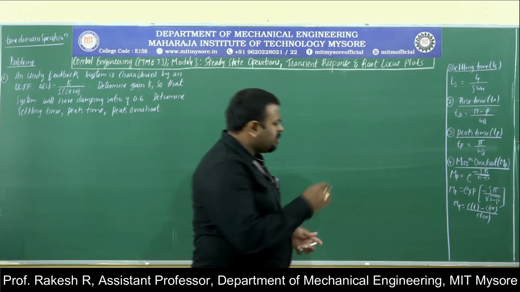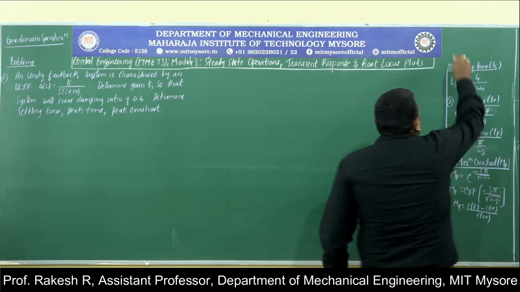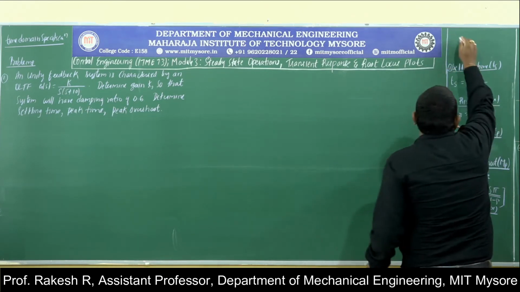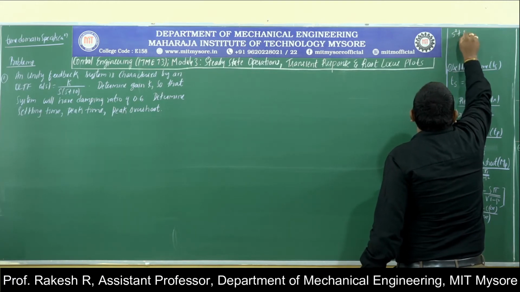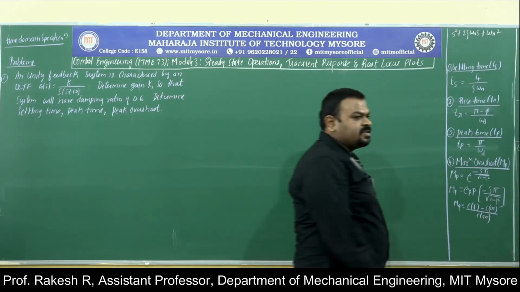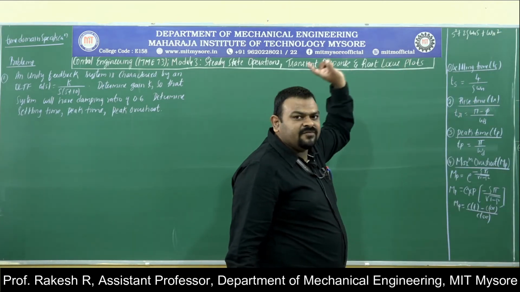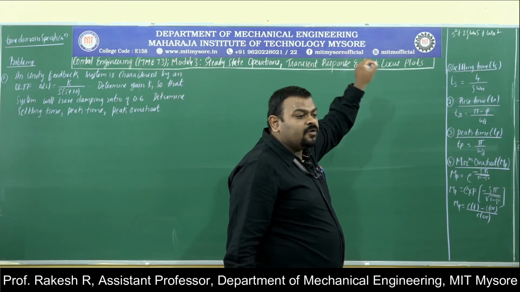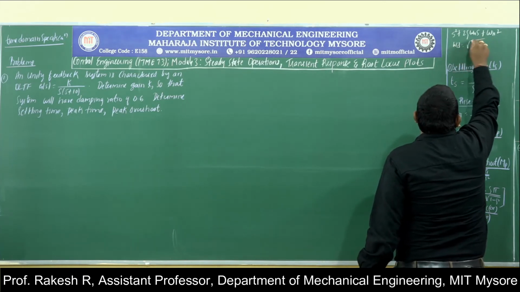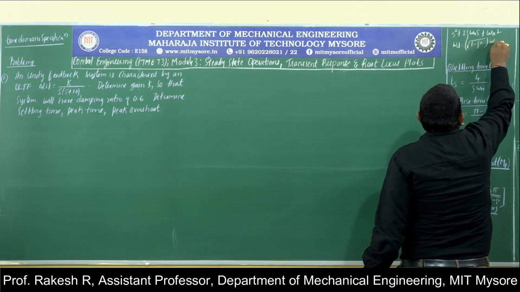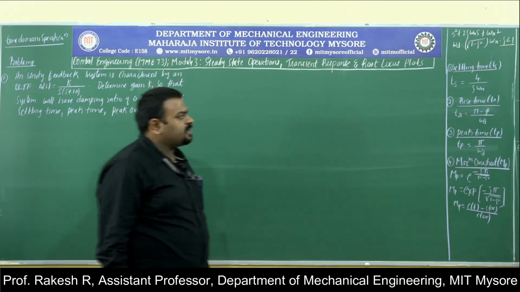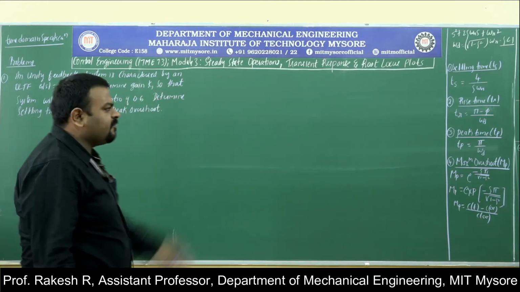These are the formulas. Apart from this, the general procedure is always common. They will give a characteristic equation of the closed loop function, s square plus 2 zeta omega n s plus omega n square. This is common. We have to compare this equation with the characteristic equation of the closed loop transfer function. Then omega d is nothing but square root of 1 minus zeta square into omega n. This is for an underdamped system, if zeta is less than 1. Let us solve this problem and we will know everything.